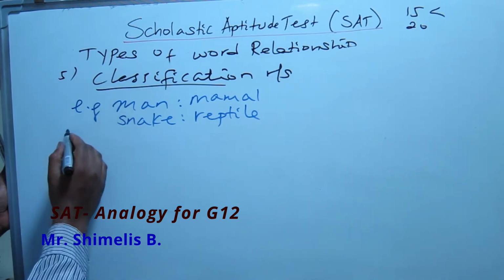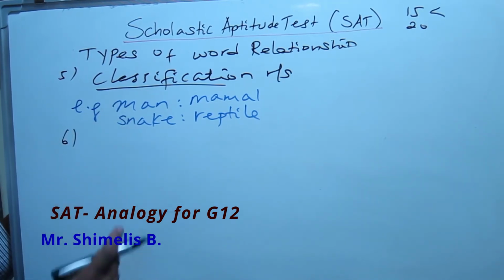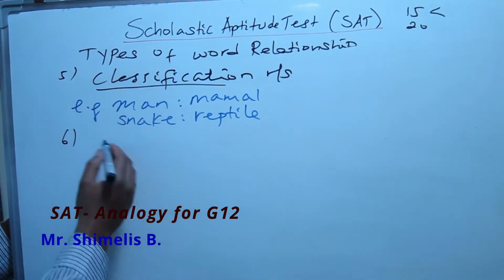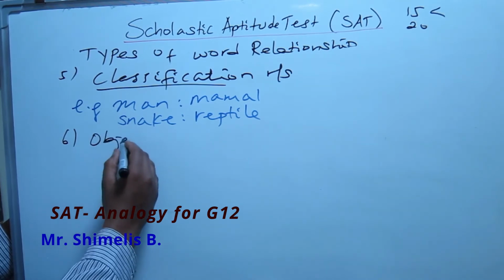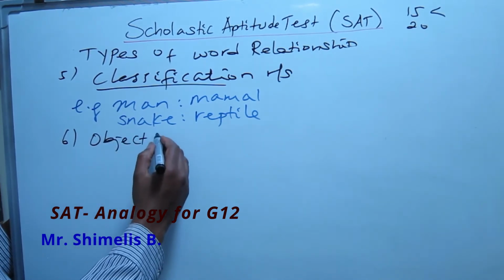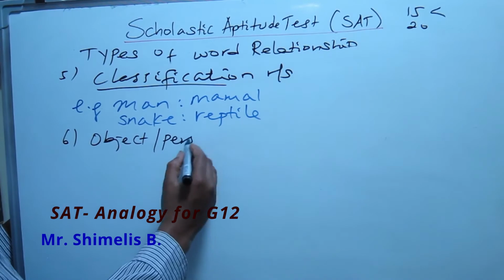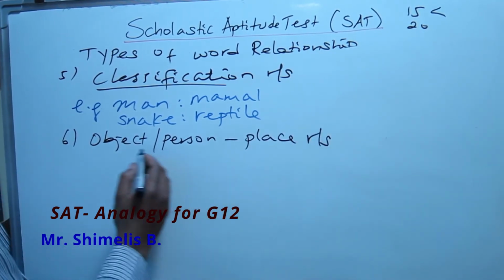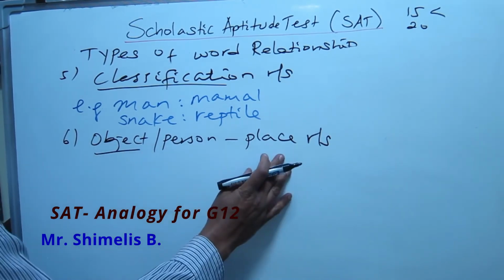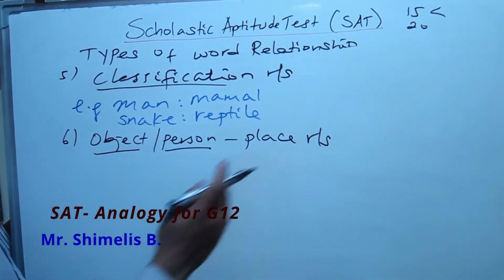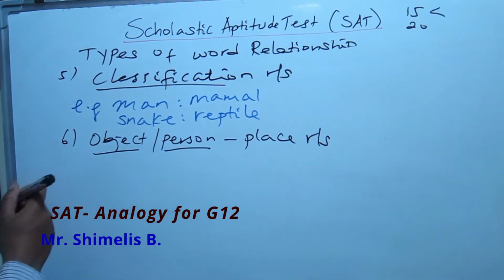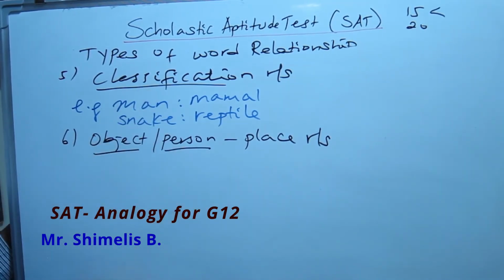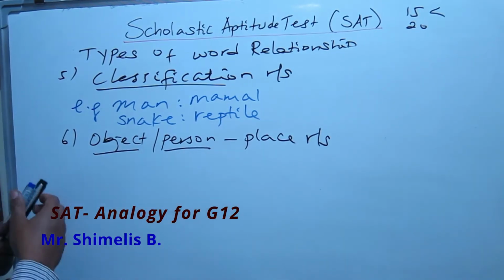The most frequently appearing are these ones, as I said. The other one might be object-place relationship. Object or person, place relationship. Objects, place, or person, place relationship. In this relationship, one would be an object or a person, the other would be a place where we find that object or a person. For example,